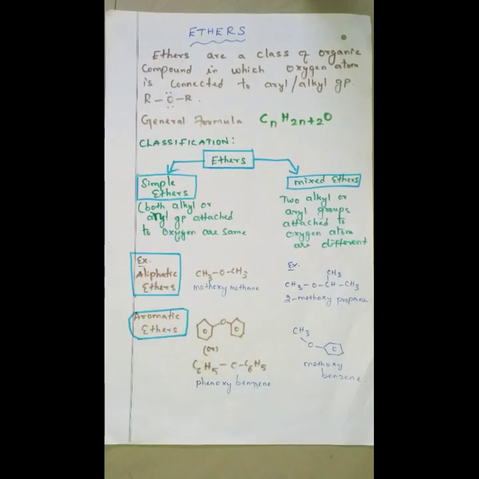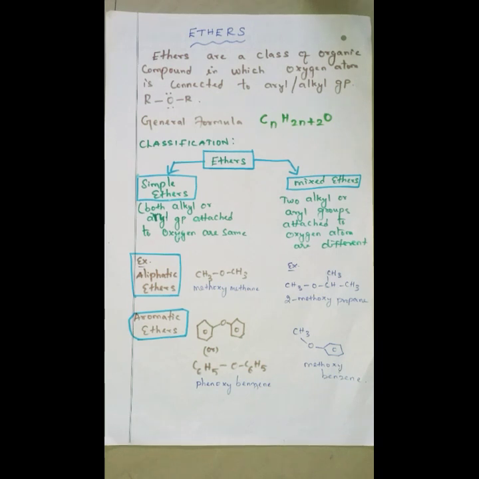One full 5-mark question. So R means alkyl group or aryl group. Wherever R comes, it means alkyl group, that is methyl, ethyl, propyl, butyl, pentyl, isopropyl, etc. And for aryl group also the same R can be used, but instead of R we can use R dash. So phenyl is the C6H5 group, and C6H5CH2 group is called benzyl group. So they are called alkyl group or aryl group.